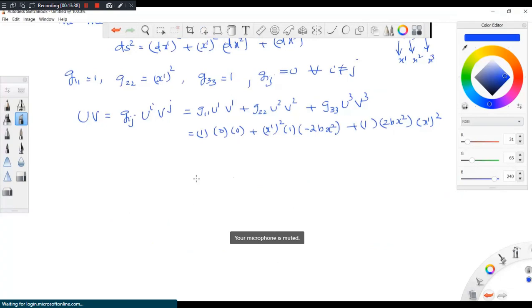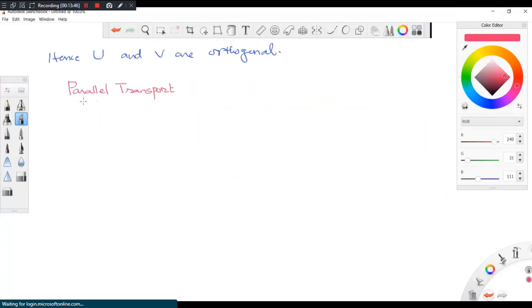Sir, in this case the u and v vectors were orthogonal in the cylindrical coordinate system. Does that also mean that they would be orthogonal when we use the Cartesian coordinate system? There should be. Then you have to change the whole coordinate system in it. You can try with this example.